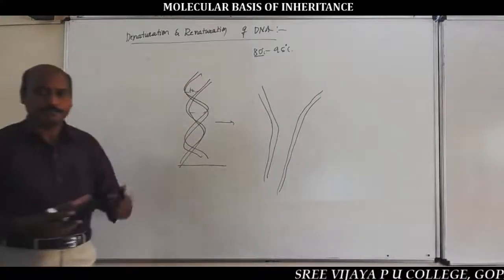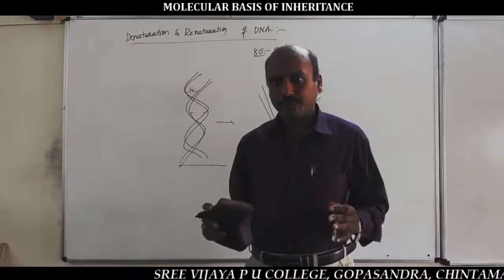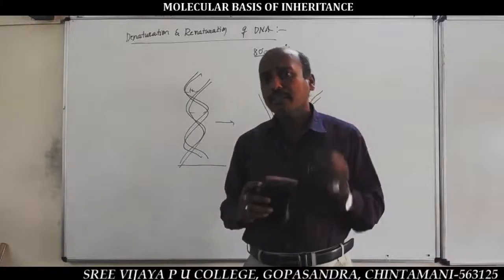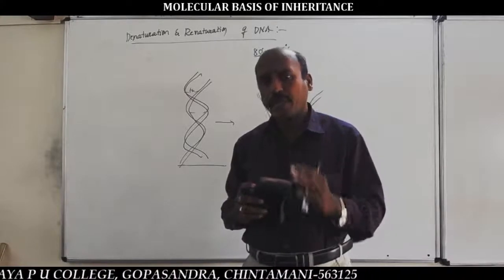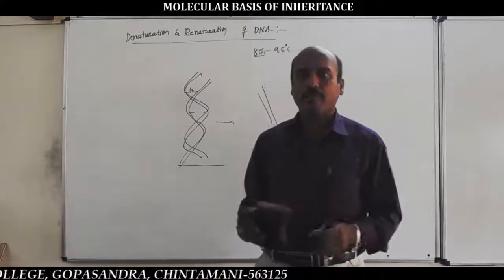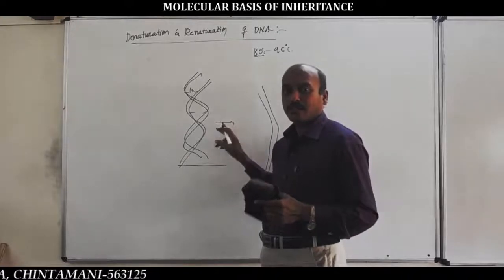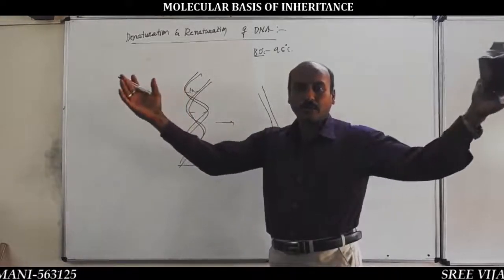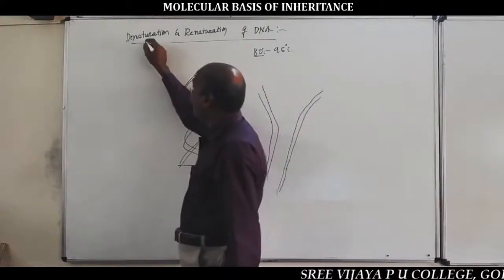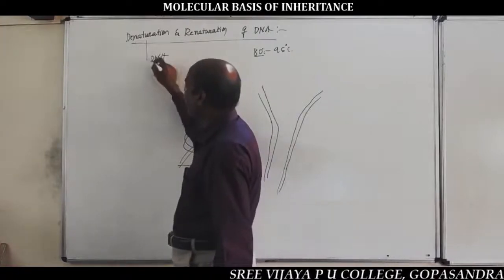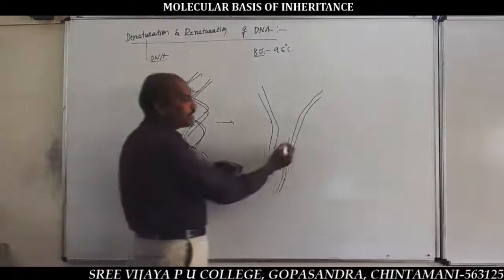DNA denaturation. Listen here. If the normal DNA is placed in high temperature, that is 80 to 95 degrees Celsius, it leads to breaking, dissociation of hydrogen bonds in between two nitrogen base pairs of the two polynucleotide chains. It results in separation of DNA strands. This separation of DNA strands is called denaturation DNA.